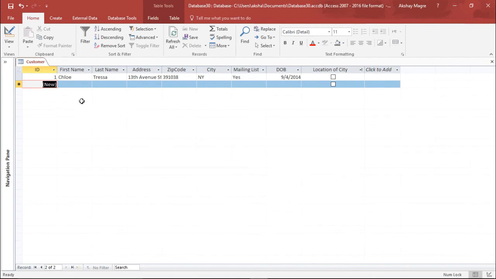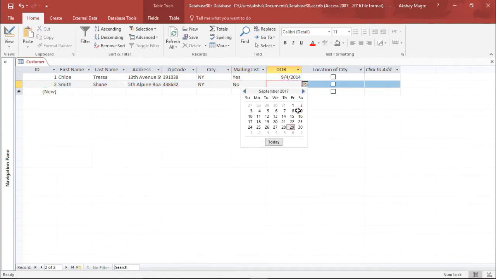So if you move on to the next one, let's take any random name, Smith Shane, right? Add a different address, like 5th Alpine Road, right? Zip code, a random zip code, state NY again. Yes, again we'll select this drop down menu as no. Okay, you can select a date of birth from here.